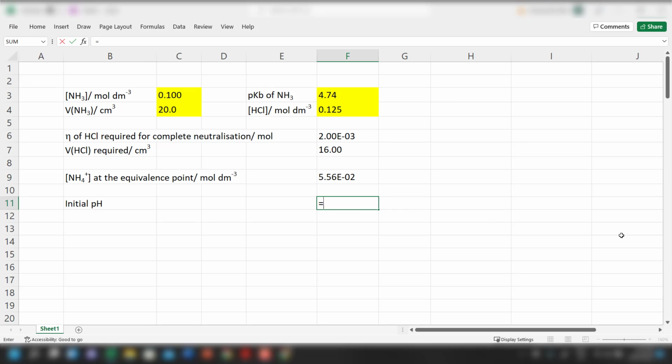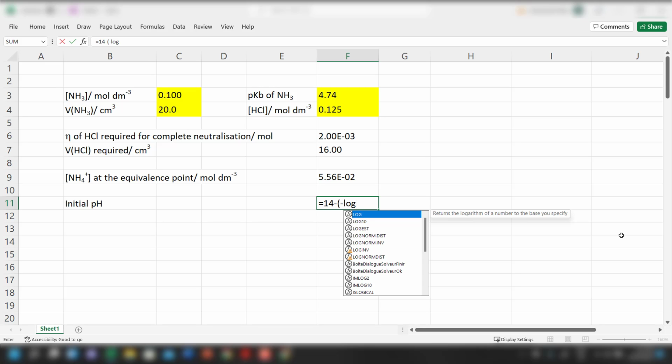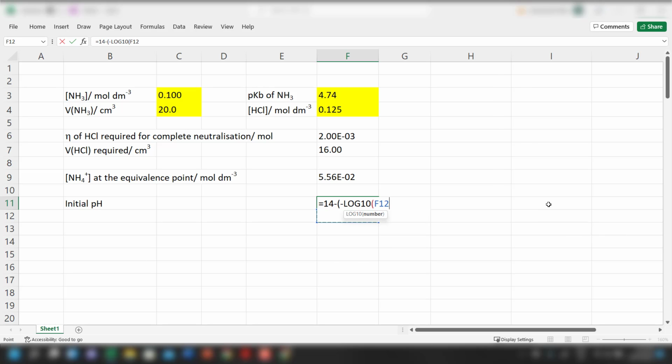So that will be equals to, remember that we're calculating pH here. From the calculation earlier on, we are getting the concentration of OH minus. If we take a minus log base 10 of that concentration of OH minus, we are getting pOH. So the first thing we need to do is to take 14 minus the log base 10 of what we wish to calculate. Log base 10 of what? Log base 10 of our